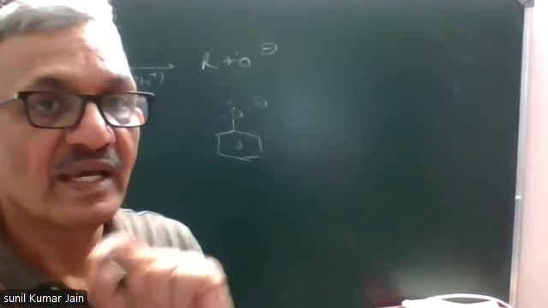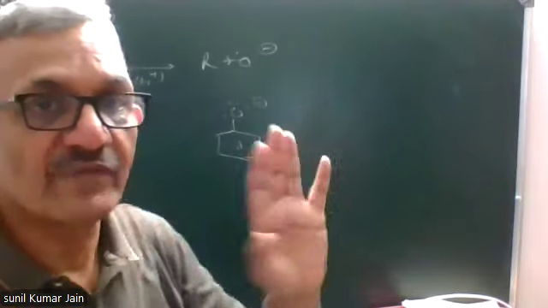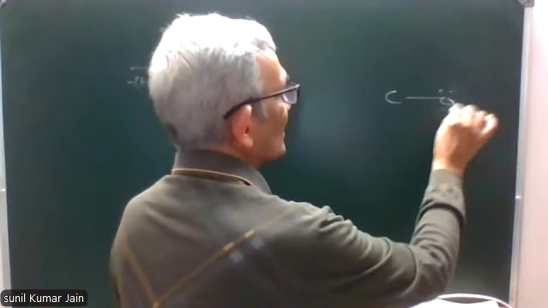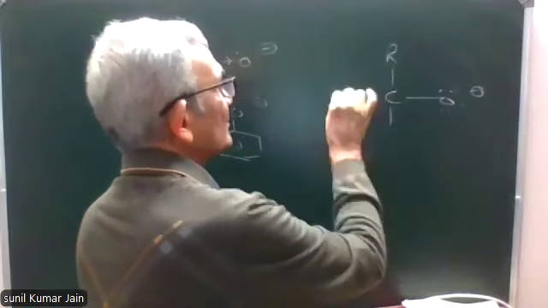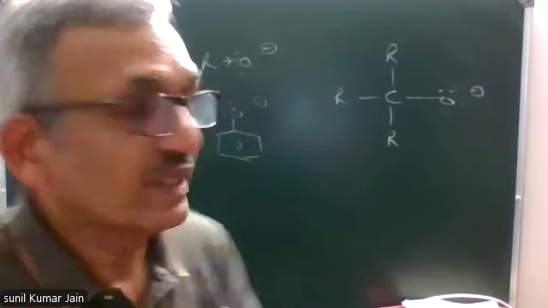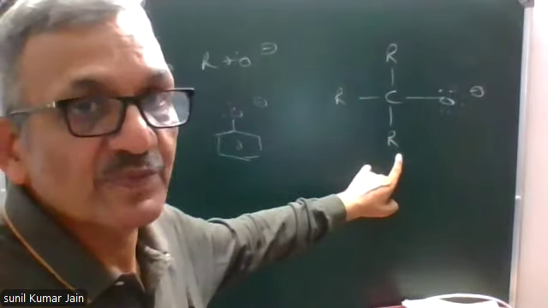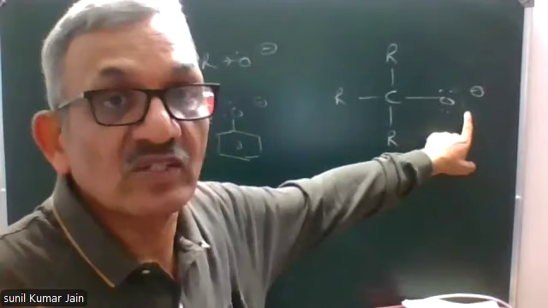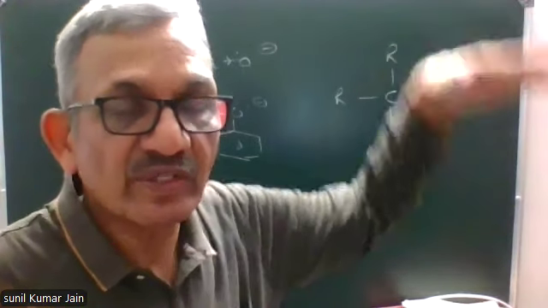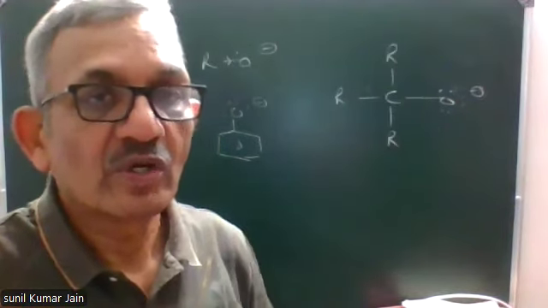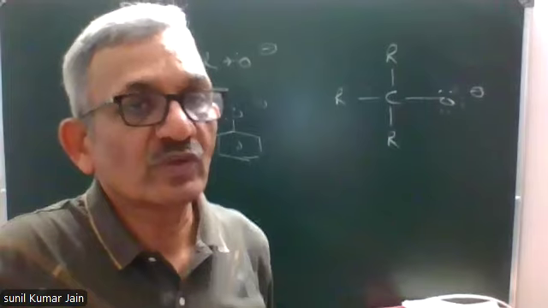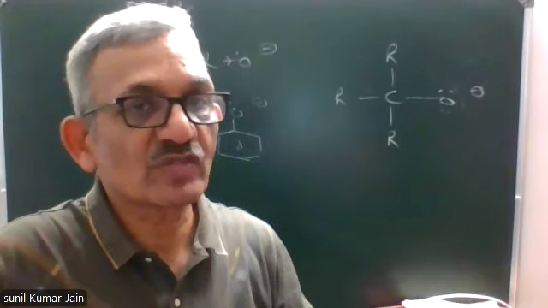Here, if we consider this type of alkoxide formed by primary, secondary, and tertiary alcohols. In case of tertiary alcohol, three alkyl groups will increase electron density at negatively charged oxygen. Stability will be very low. Loss of H plus will be very difficult. And this is the reason tertiary alcohol has very low acidic strength.